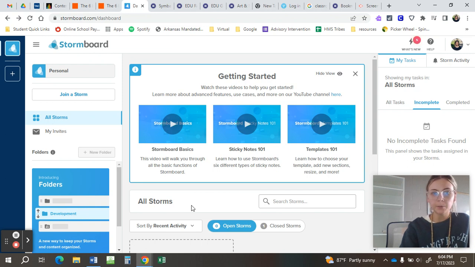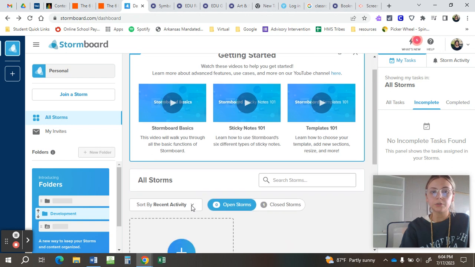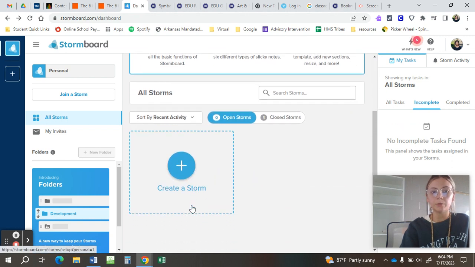So I created a personal account, and then this is the page it is going to take you to. When you get here and you want to create a Stormboard, what you will do is you'll scroll down, and right here there is a blue plus sign that says Create a Storm. So that is the first step. So you'll click this,